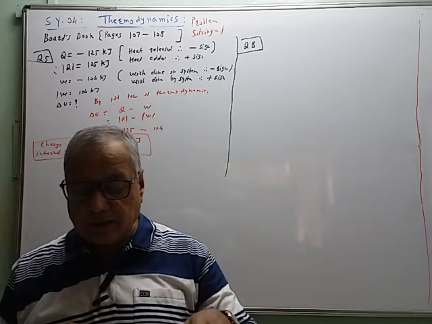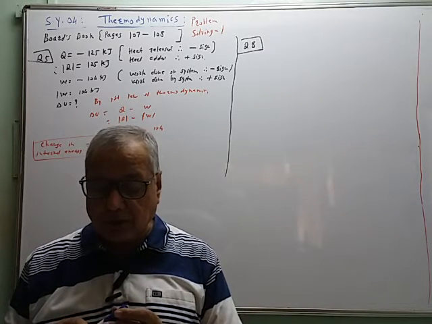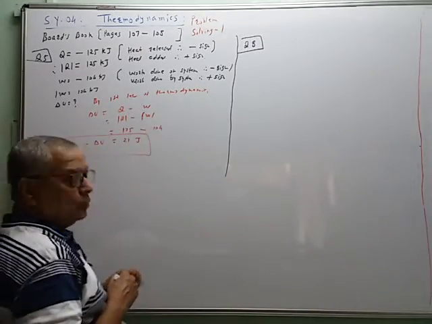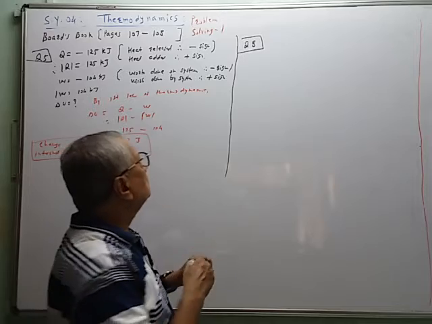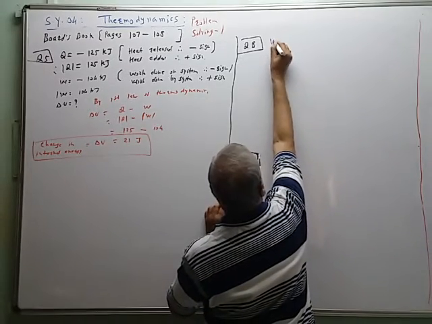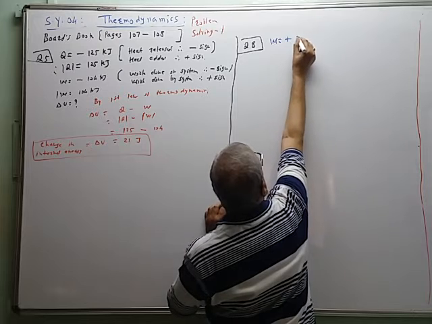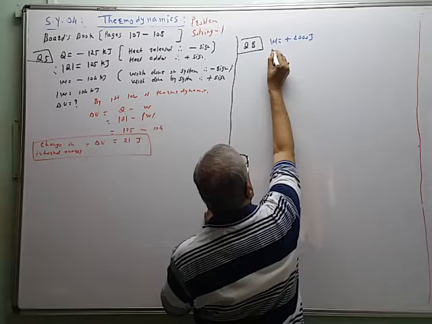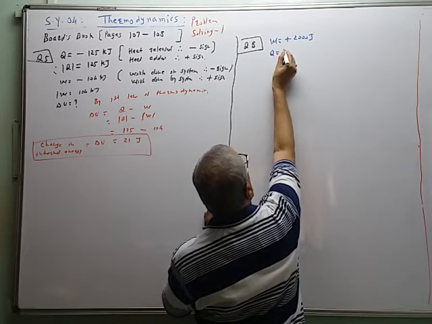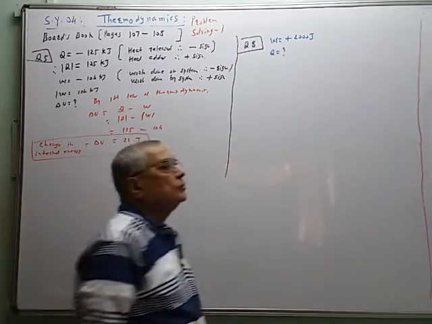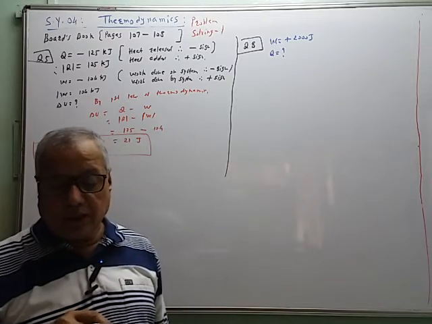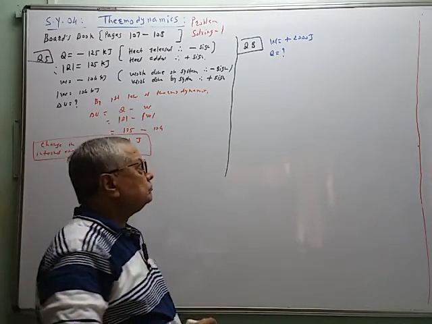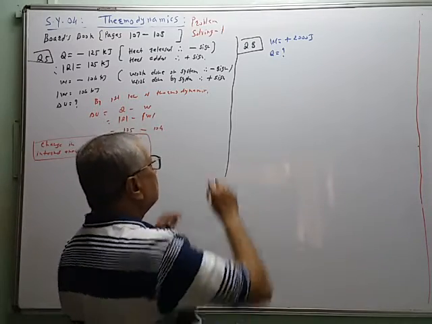So the given quantity is like this. The process is isothermal. It does 2000 joule of work on environment. So work done W is equal to plus 2000 joule, and you have to find Q is equal to question mark. How much heat is to be added? So the answer given in the book is wrong.